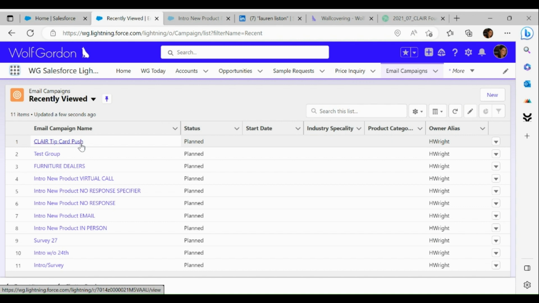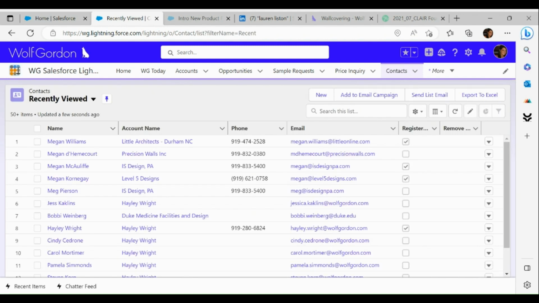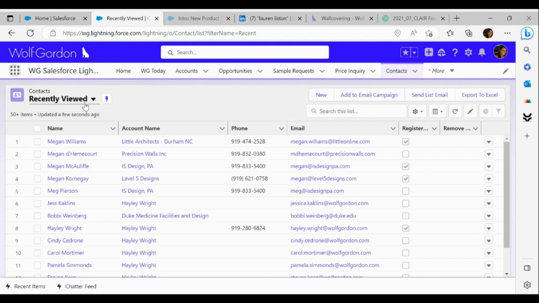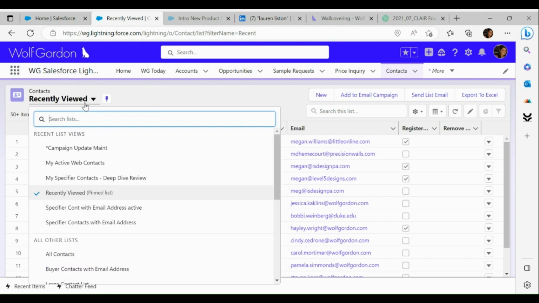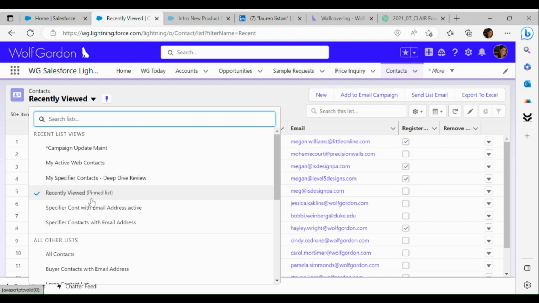The way I created this was first I looked up my contacts. So click on contacts again. If it's not up here, just search contacts in your little 9-button thing and it'll be right there. Now you pull up your contacts, it'll default to recently viewed. If you go down through this drop down menu, you want to scroll and scroll and scroll until you find something that says